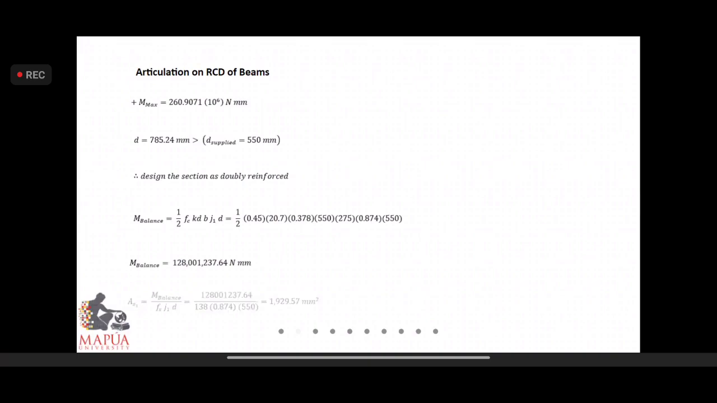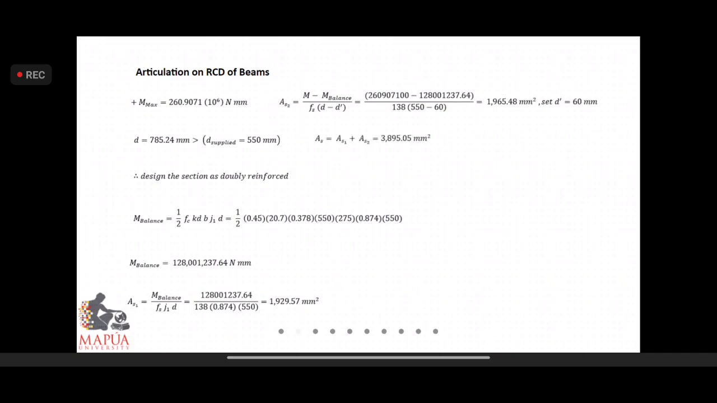In the same manner, we compute the D and compare it with the supplied D, and this is greater than this one, so we are going to design it as doubly reinforced. We start with the balance moment, 1/2 FC K D B J1 D or C1 J1 D, and this is the balance moment, and then the AS1, and then the AS2. Then we set the D prime at 60 here, and then we compute for the total AS,